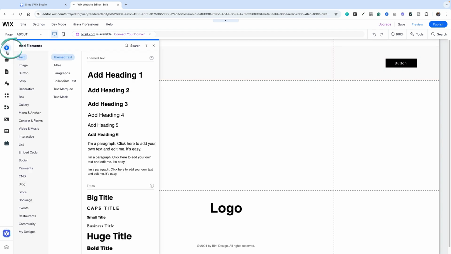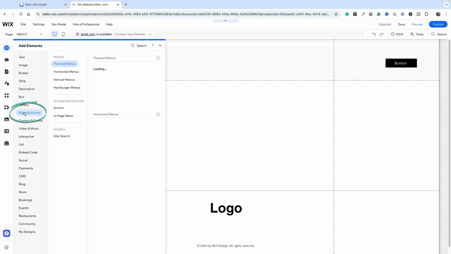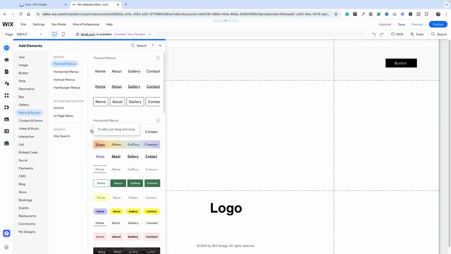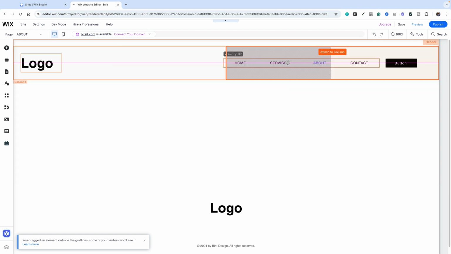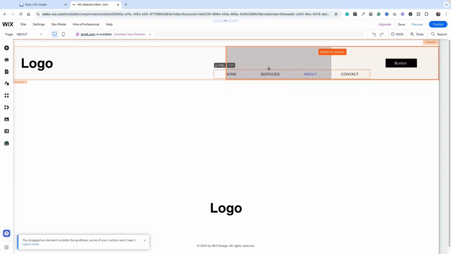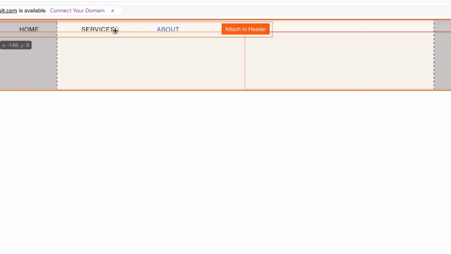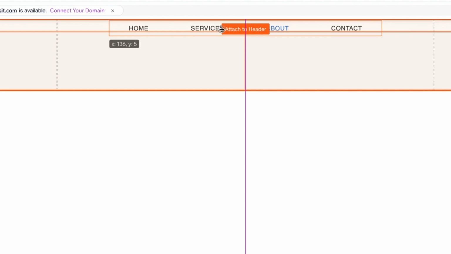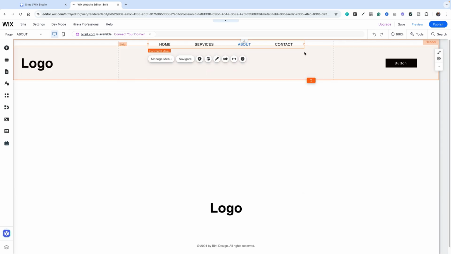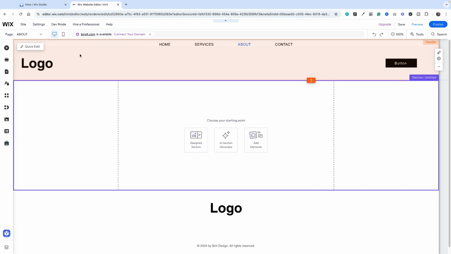Now I'm going to add a menu. And I'm just going to add the very top menu, very simplest menu. Now, as I move this around, there it is. It's attaching this to a section. I could attach it to this column, but I'm going to attach it to the header. So I'm dragging it up to the center. I'm waiting for that pink line. There it is. So I know that it's centered, and there we go. Okay, so we've got a menu, a logo, a button on the header